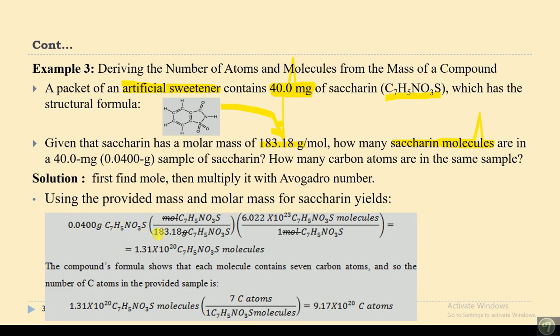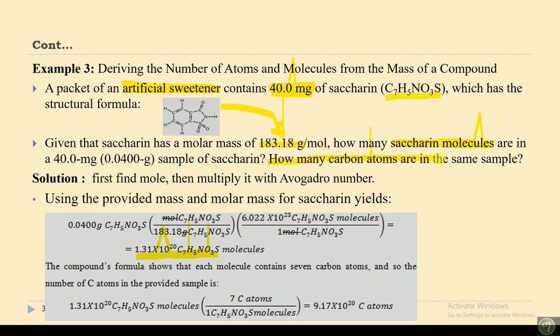And 1 mole is equal to Avogadro's number, 6.022 times 10 to the power of 23. Then the number I found, 40 milligram over this, equals how many, and we get the number of molecules of saccharin. And the second question: how many